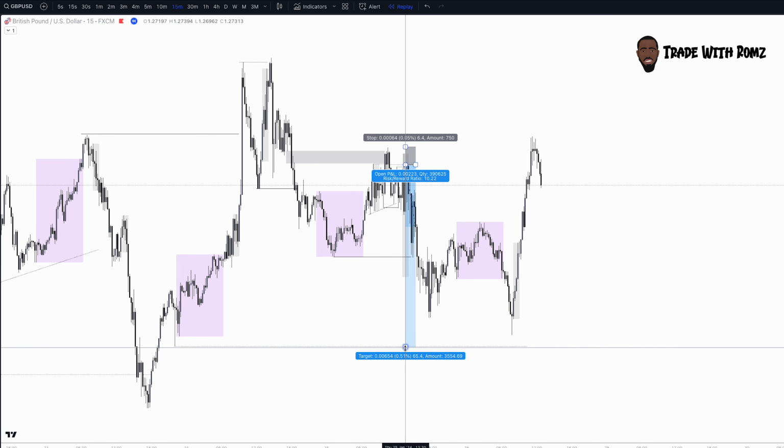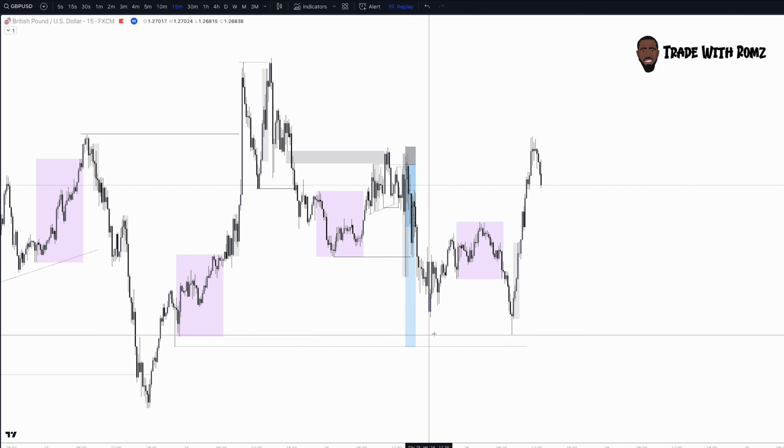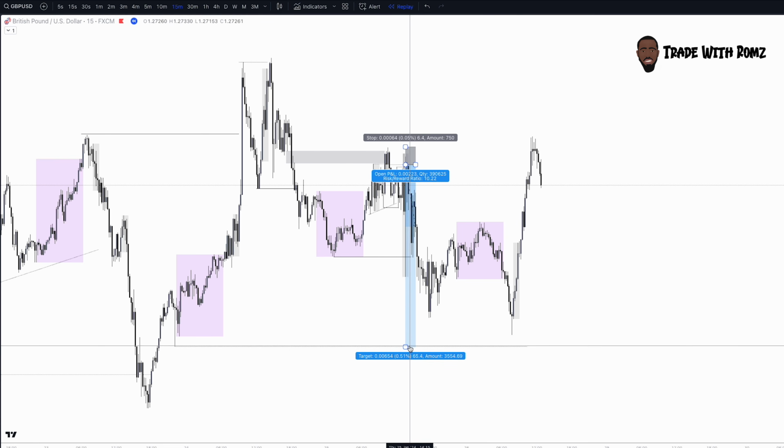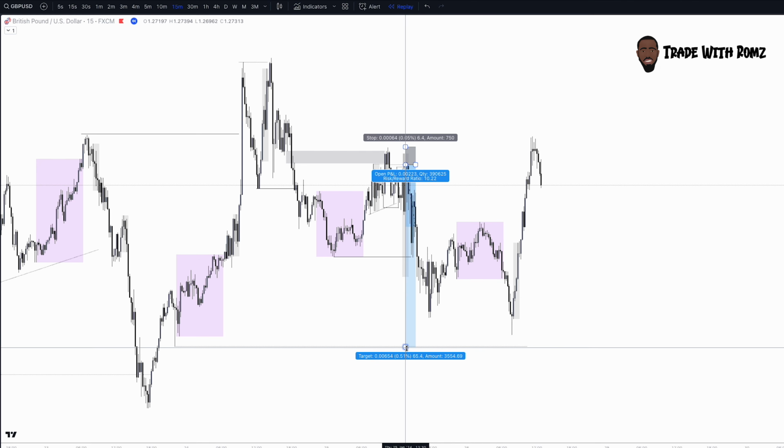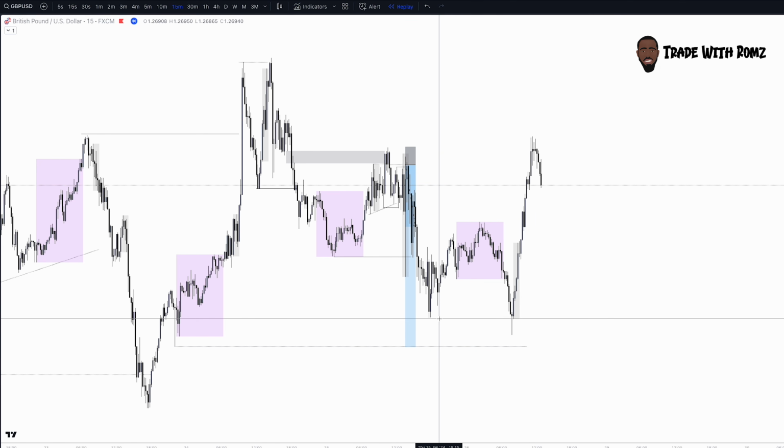Imagine if I didn't take any partials and then I was waiting for this 10R to be hit, and then I just lost out on the whole trade because I didn't even take any partials. That would have made me even more sick, right? But it was interesting because I had the two accounts, one account that hit take profit and the other account that only secured 1R. I looked at it and I was like, you know what? I'm so glad that I've done that, because now I've got to experience the same trade, and the fact that